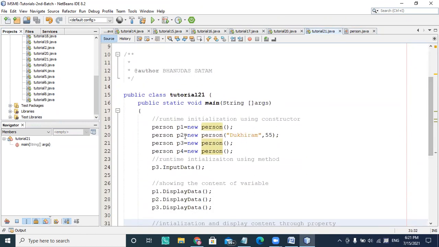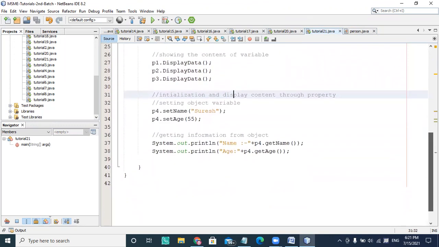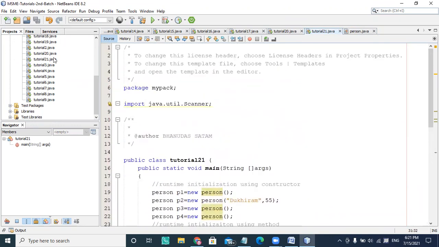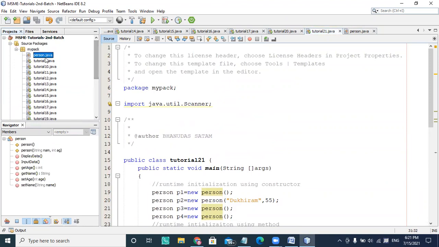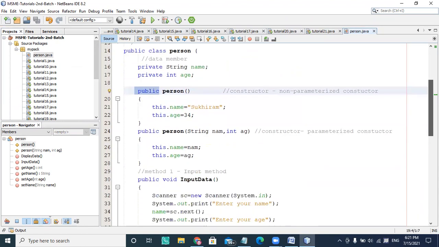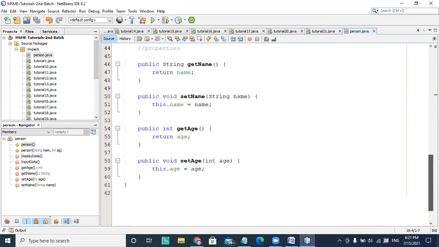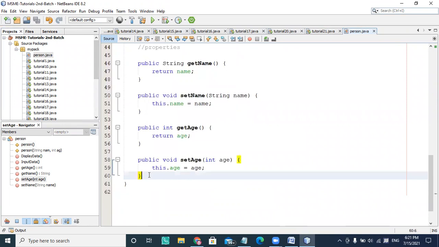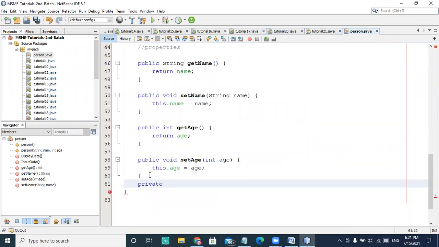So let us understand another part, which is the hidden method: some methods are accessible, and some methods are not accessible. All these methods are public methods. If I'm using a method which can only be accessed privately, it is not available.